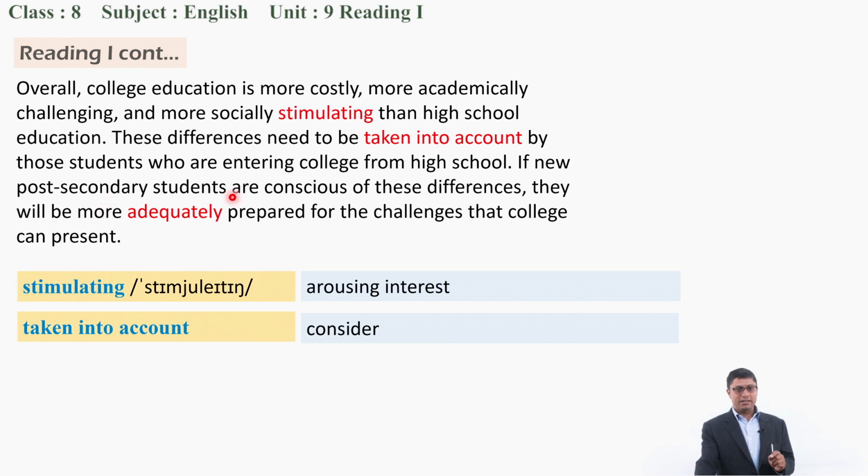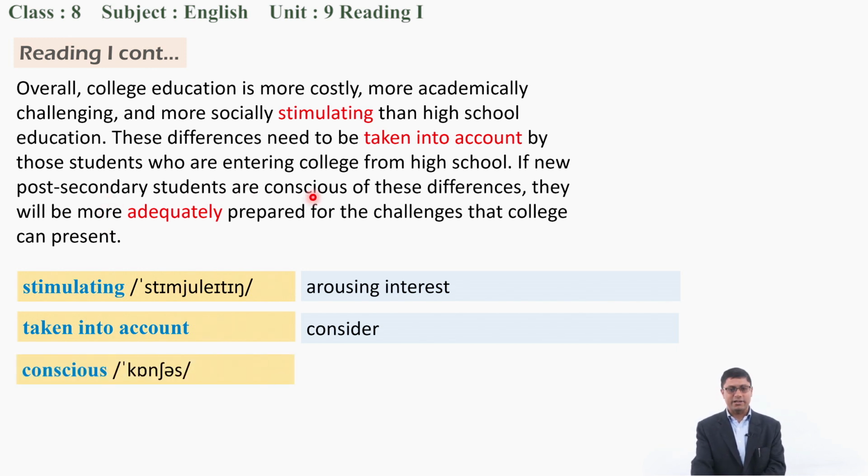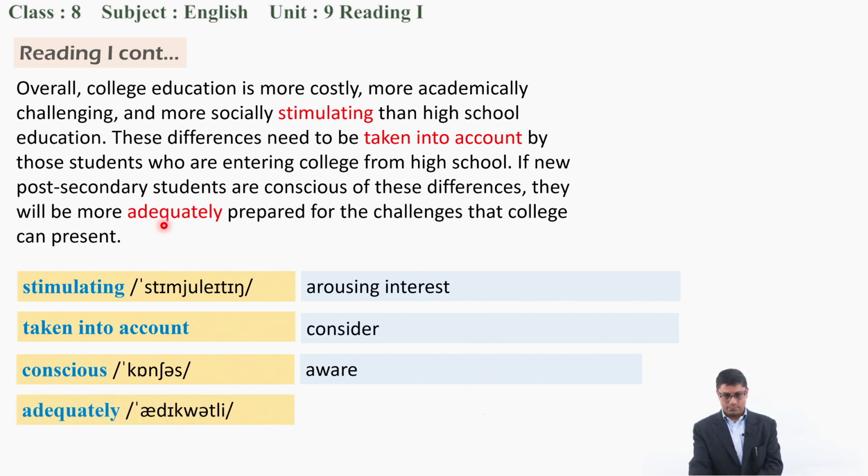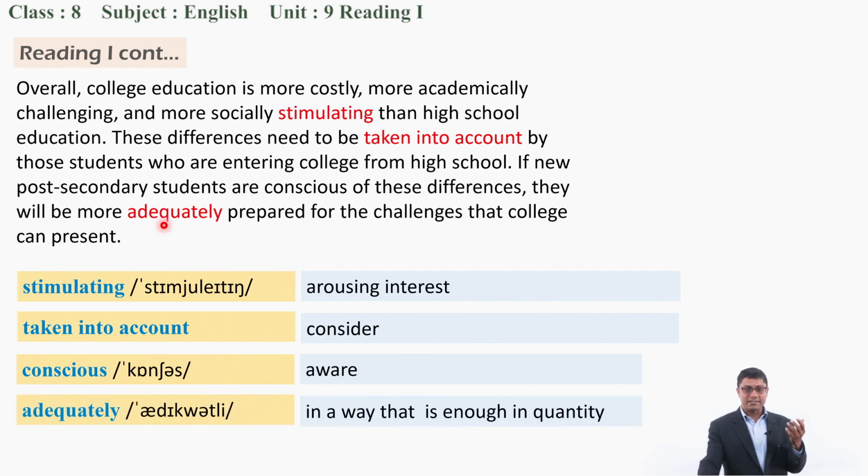So, see there, if students become conscious, conscious means aware. If the students become aware, then they can be well prepared, adequately prepared. Do you know the word adequately? It means in a way that is enough in quantity. So they will have enough preparation to face the challenges that college can present,